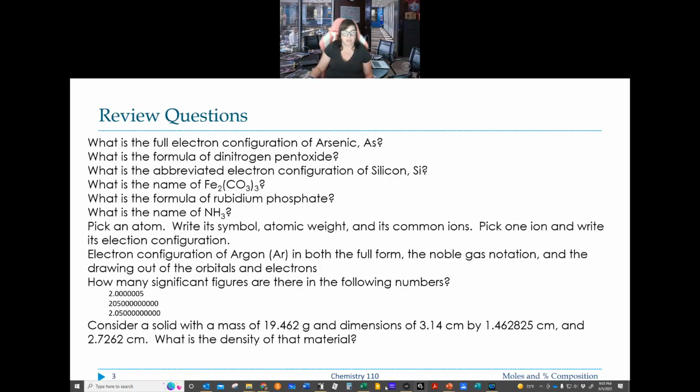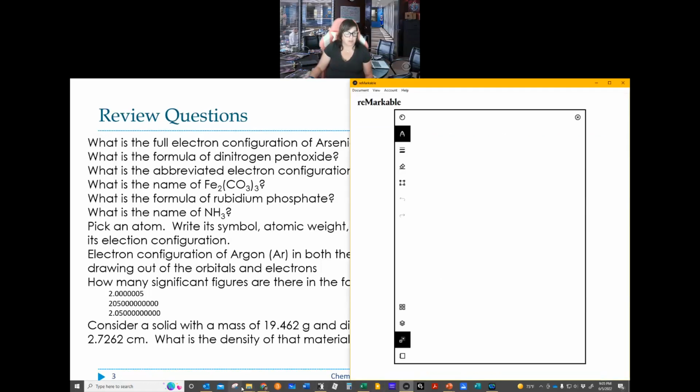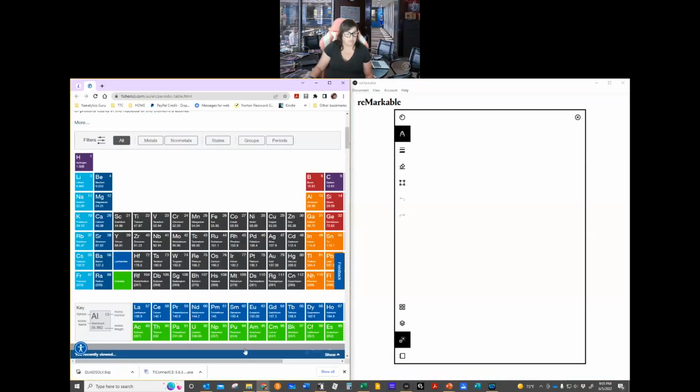So those are the things that we're going to be talking about. In order to talk about that, I'm going to pull up my paper and I'm going to pull up my periodic table so that we can talk about some of these things. Eventually I'll need my calculator and I'll pull that too. So what's the full electron configuration for arsenic? Arsenic,